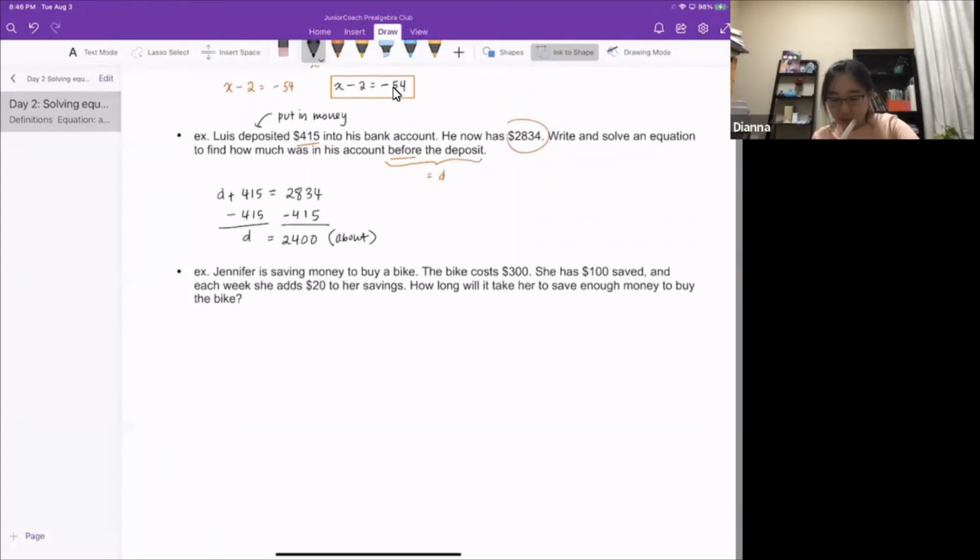So it looks like here, this $100 that she already had saved and the amount that she adds to her savings each week is going to add up to equal $300, right? Because this is the ultimate goal. Her ultimate goal is $300. So it looks like to me that's going to be the $100 she has saved in the bank already. And then you're going to add, each week is $20. So if that's the case, then I would have to say $20 times, I'll let W be the amount of weeks. So W equals number of weeks